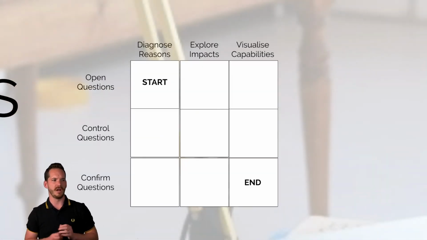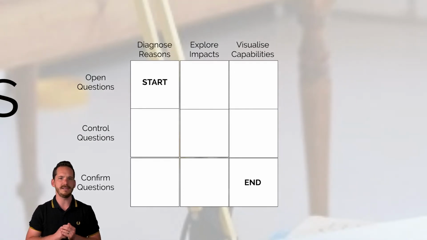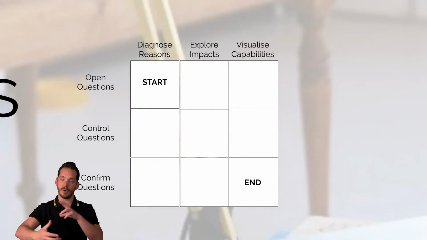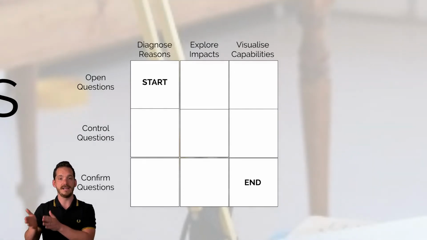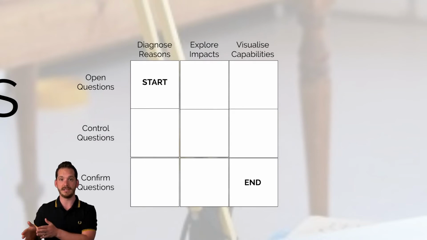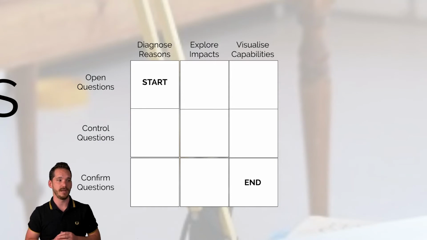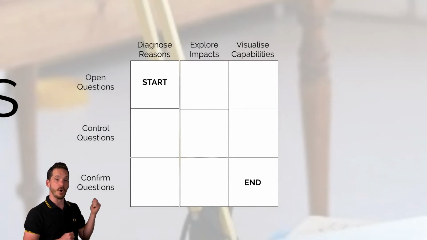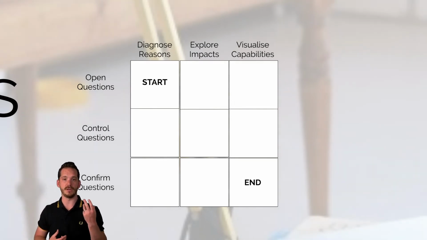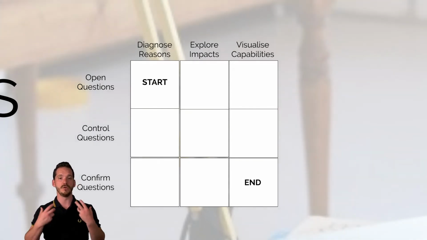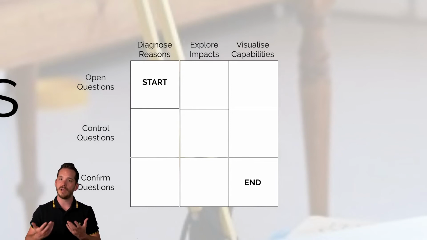A good model that I quite like is a way to get to the end. So a lot of this problem solving, you'll find the idea is to take someone who's combative and bring them on a journey, or at least don't escalate the situation. And this is one way of doing that. At the start of a problem, you want to diagnose the reasons. Now, always start with an open question. It allows them to think, makes them feel like you've listened to them, you respect them, and people like to feel respected.